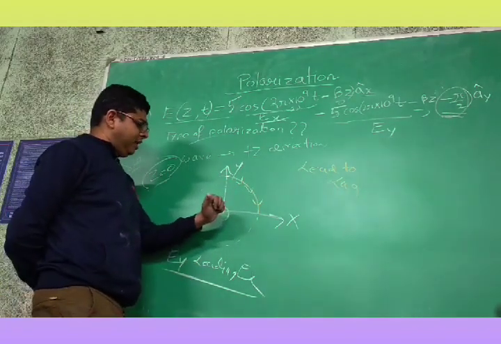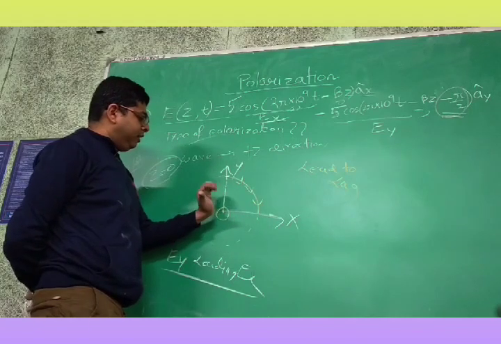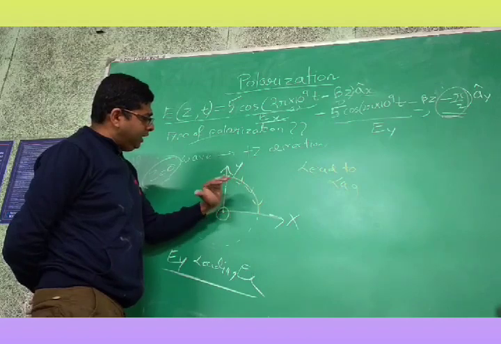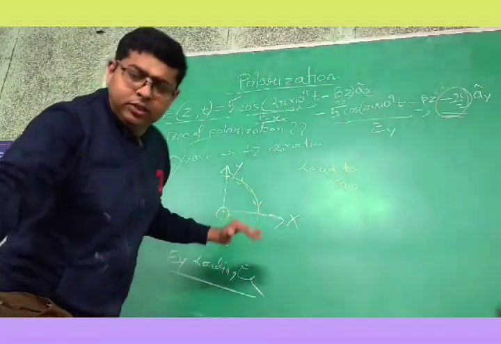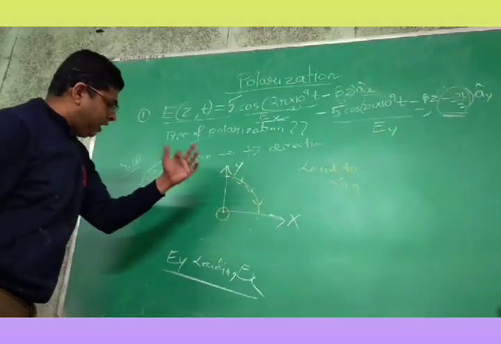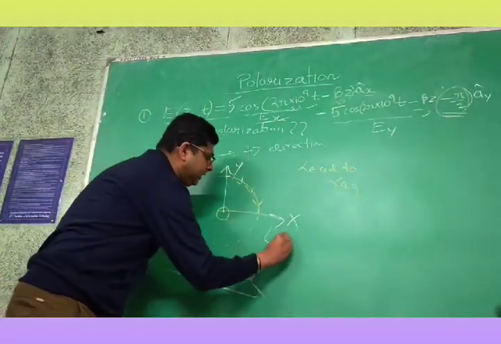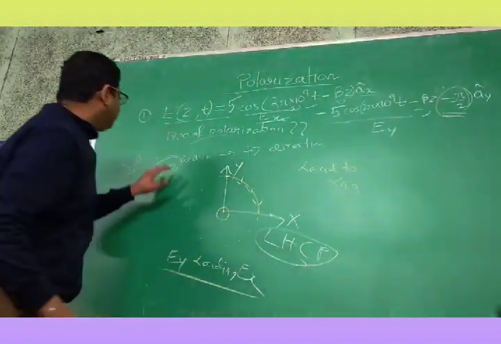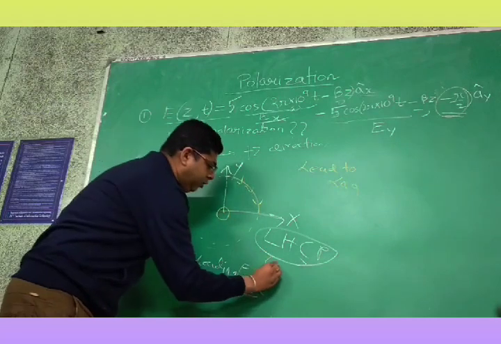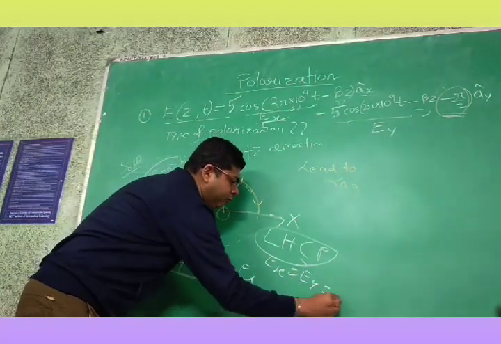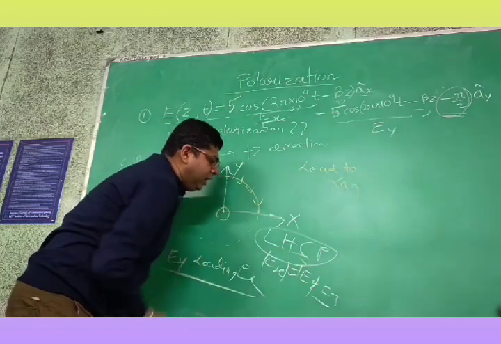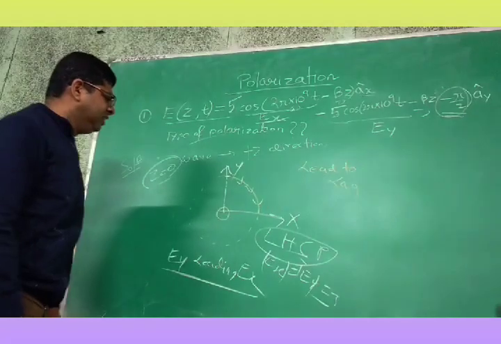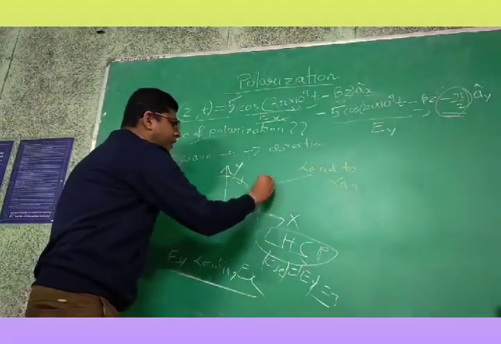Now I am choosing my left hand. This is the direction of propagation of the wave. Now I am rotating the fingers. Now you see, it is matching with this figure. So that means it is mapping with this hand. This is my left hand. So this is left-handed circular polarization. Circular means since the magnitudes are same, magnitude Ex, Ey equal to 5. That is why circular. If it is different, then it is elliptical, as we have already done in the previous case, and this is left-handed. We are going from lead to lag.